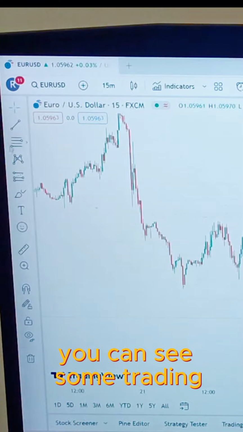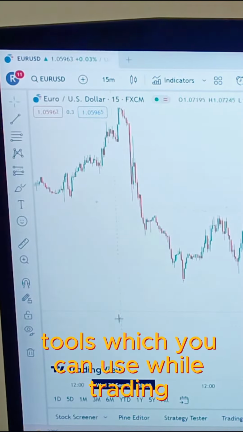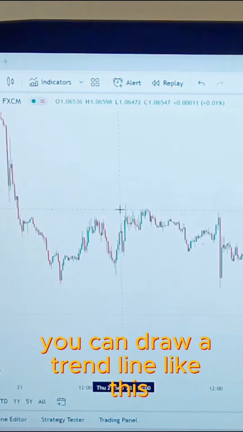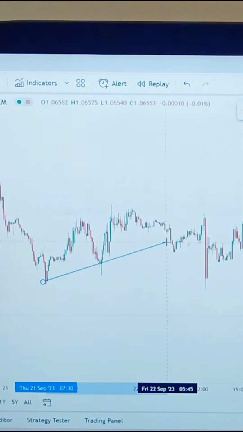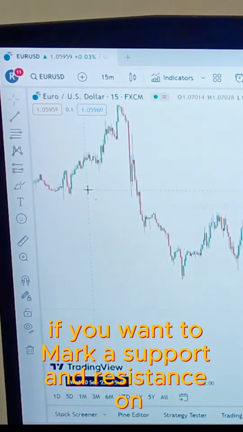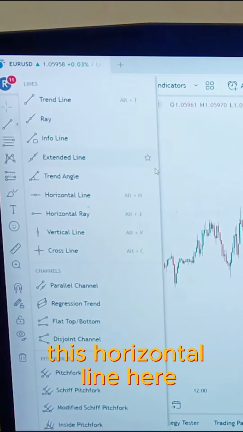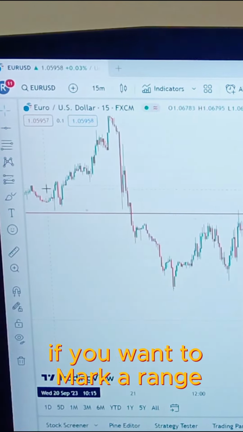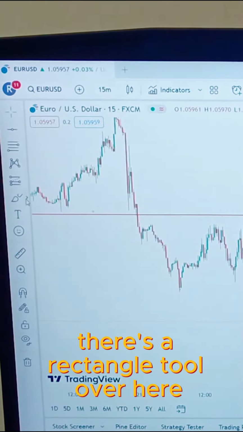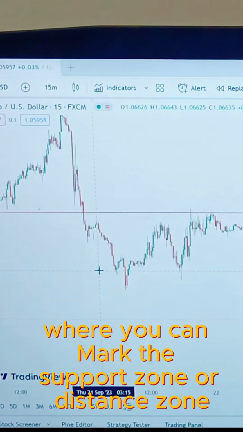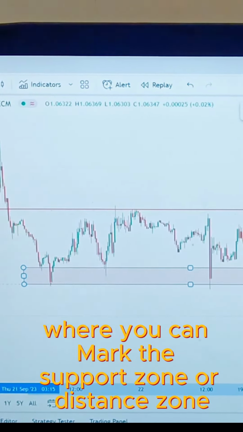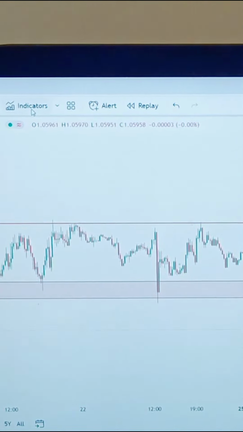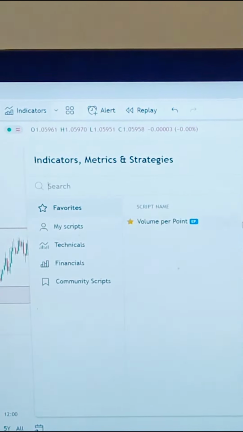So on the left, you can see some trading tools which you can use while trading. Like there's trend line. When you click here, you can draw a trend line like this. If you want to mark a support and resistance zone, there's horizontal line here. If you want to mark a range, there's a rectangle tool over here where you can mark the support zone or resistance zone. If you want to add some indicators, you can click here and you can search for MACD,